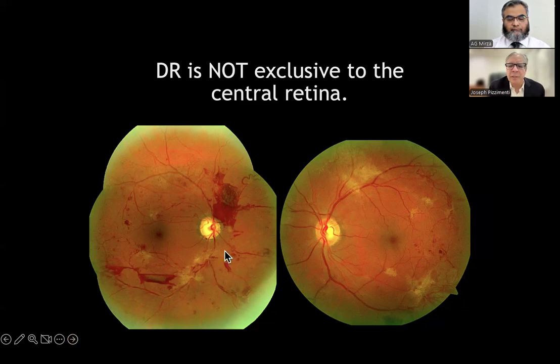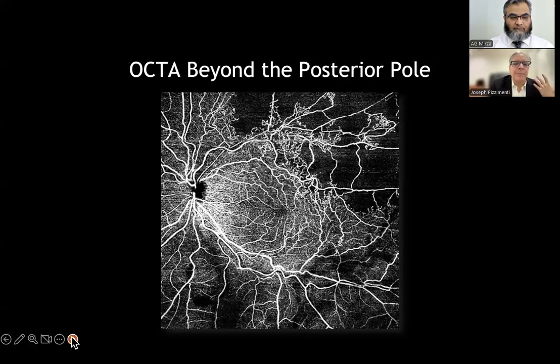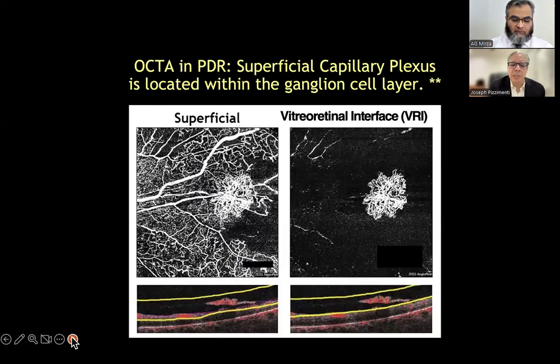This patient here also has glaucoma in the right eye. And anytime we see this pre-retinal hemorrhage here, this boat-shaped hemorrhage, we know that there is neovascularization. And we have other alterations like these loops and IRMA and so forth. So we have OCT that goes beyond the posterior pole, OCTA.